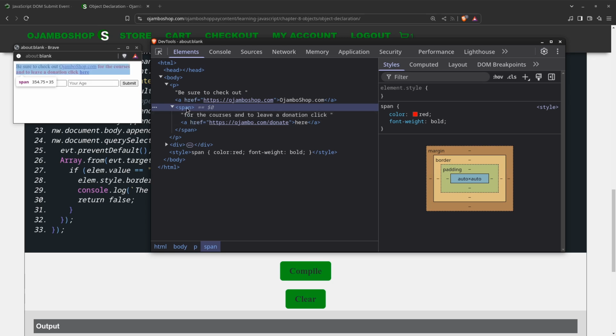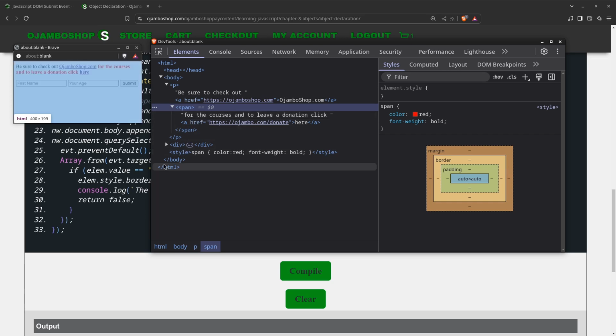Click", and then the span itself also has a nested hyperlink which goes to ojambo.com/donate. And if you notice the style down here, it picks up on the span tag and gives the text the color red and a font weight of bold. And that's exactly what happened here. As you can see, the span is bolded